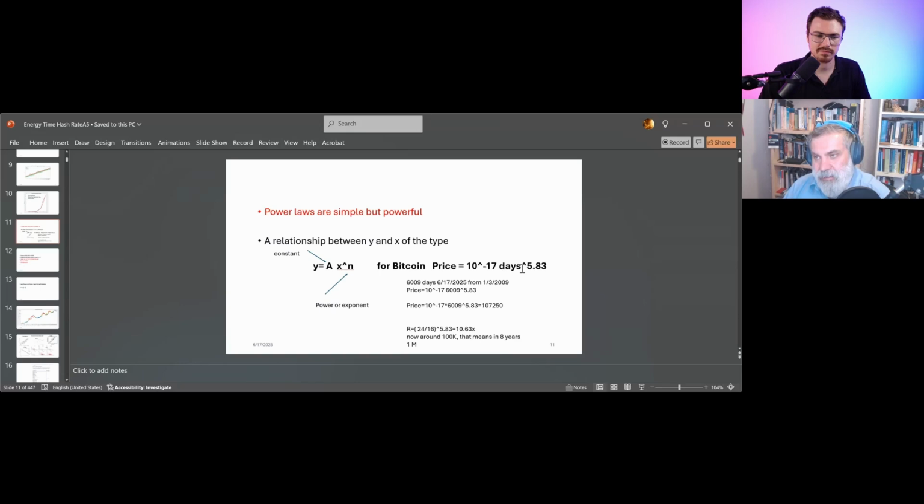And it does work all this time. I'm pretty sure it's going to work for 2 orders of magnitude more. So it gives us a feeling of where Bitcoin is going and how long it's taking. Some people don't like that because they don't want to wait 8 years. But remember, it's not about you, it's about Bitcoin, right? And Bitcoin knows better. Bitcoin knows that cities are eternal and they follow power law.